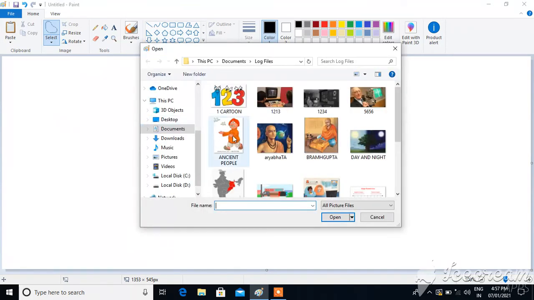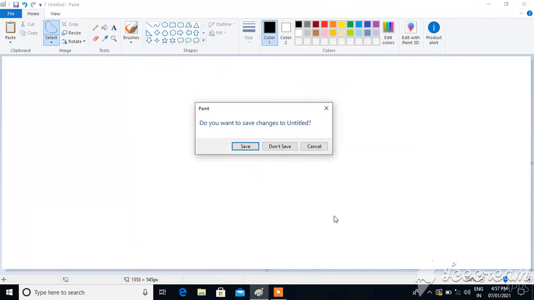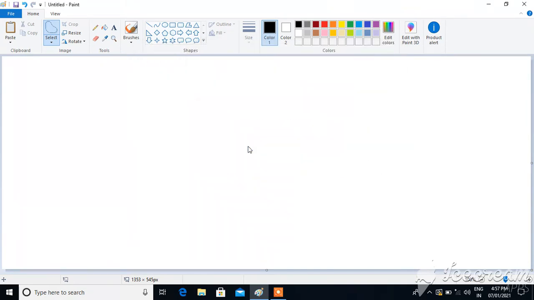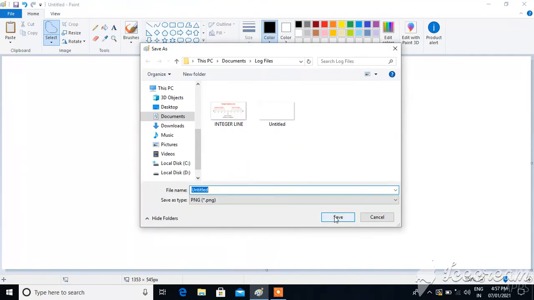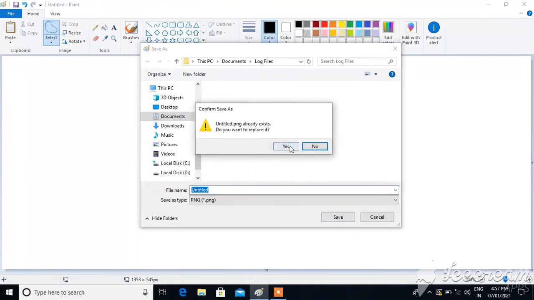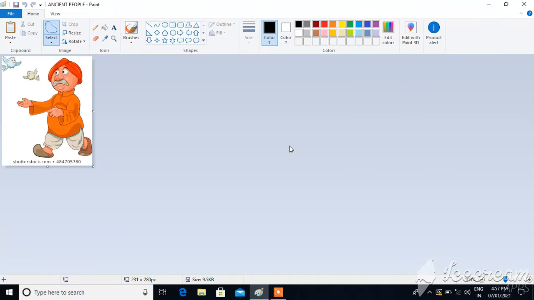Okay, now this time I will take this image. Okay, now we will crop this image. How to crop this image? First of all, select how much portion you want to crop.